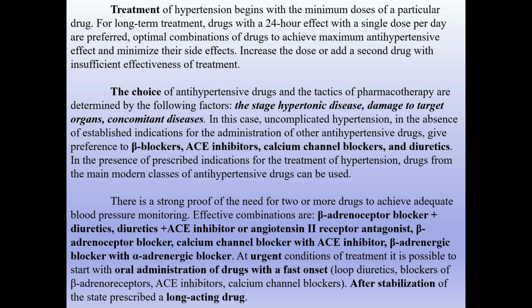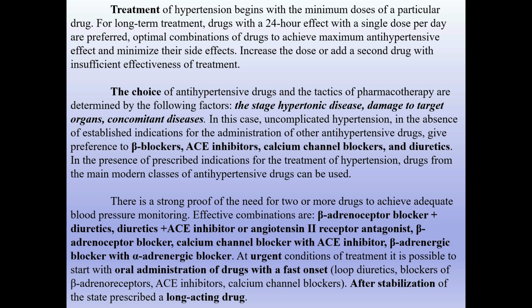The choice of antihypertensive drugs and the tactics of pharmacotherapy are determined by the following factors: the stage of hypertonic disease, damage to the target organs, concomitant diseases. In uncomplicated hypertension, in the absence of established indications for the administration of other antihypertensive drugs, preference is given to beta blockers, ACE inhibitors, calcium channel blockers, and diuretics. In the presence of prescribed indications for the treatment of hypertension, drugs from the main modern classes of antihypertensive drugs can be used. There is strong proof of the need for two or more drugs to achieve adequate blood